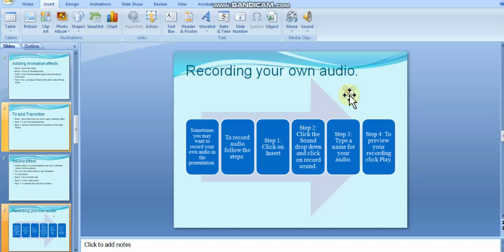You need to select the slide where you want to add the sound effect. Because I was on this slide, my sound speaker icon came here only. So this is my speaker icon, and once I click on it, my audio will start playing. This is a similar way for adding a sound from your file itself. Moving ahead, again I'm going to slideshow from the current slide.